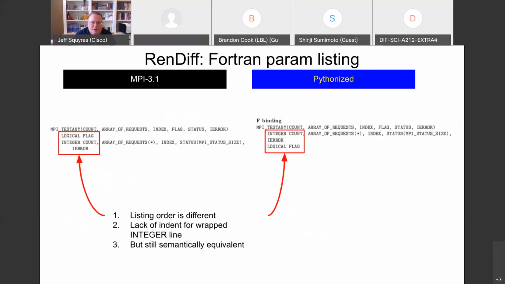Here's the parameter listing ordering thing. Now, I am not talking about the order of parameters in the actual API listing itself. So MPI test any, once you start the parentheses, obviously the order of those matters, and of course, those will match. What I'm talking about is the listing of parameters that follows that, where the order actually does not matter. It does not change the semantic meaning to the Fortran compiler at all, no matter what order those parameters are